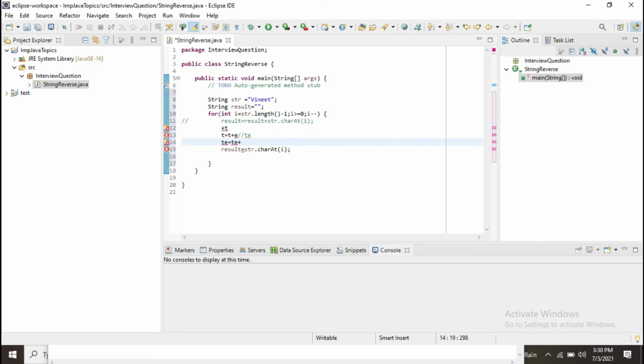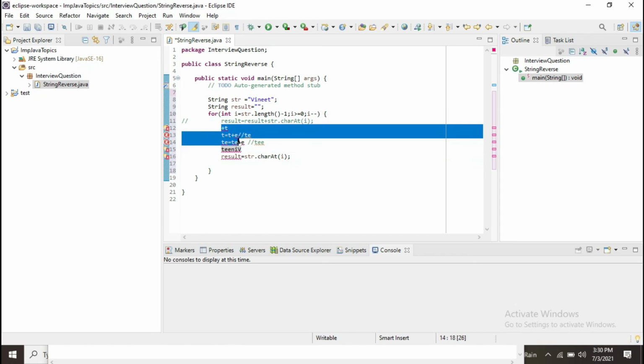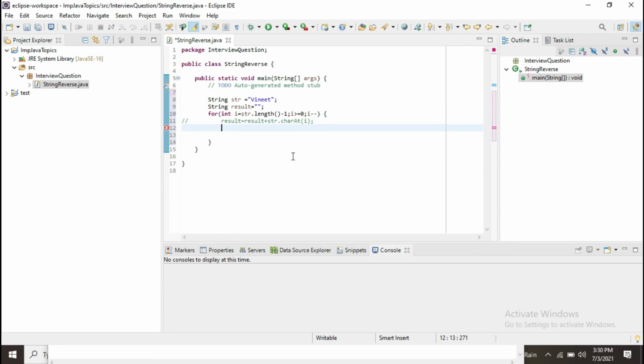now what will be the third letter coming in, which is e, right? So what will be my final outcome here, tee, right? And this way, lastly you will be getting the full reversed result. So that was the main reason for using this result two times and doing append here, rather than just putting it. If you have any question related to that, you can comment, and I'll surely try to answer that.